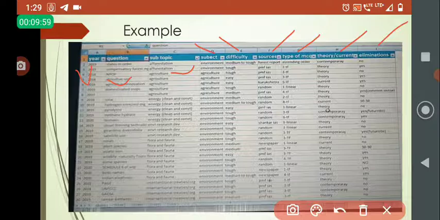They didn't ask for the maximum forest cover; they asked for area-wise forest cover of each place. And this question was quite dicey because Chhattisgarh and Odisha are quite forested areas, and even Madhya Pradesh. Then we have the subtopic: afforestation will be the subtopic, and of course the subject will be environment. The difficulty you have to analyze on your own, whether the question is easy, medium or tough.